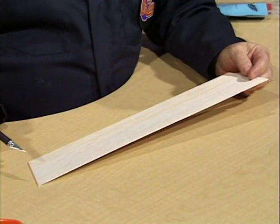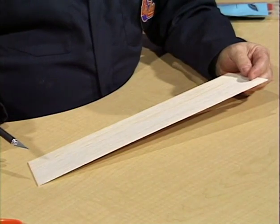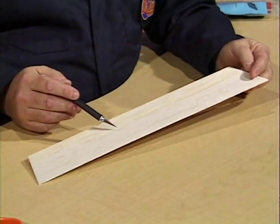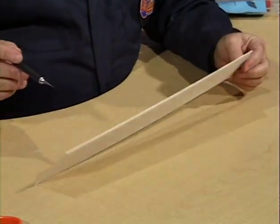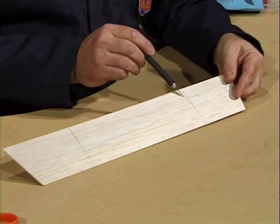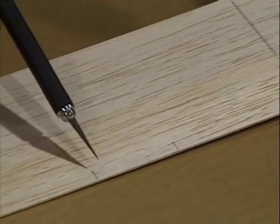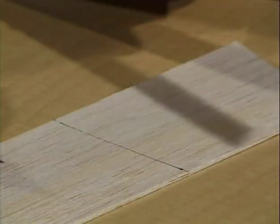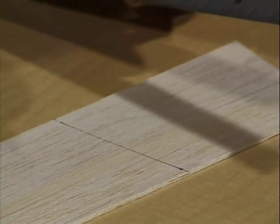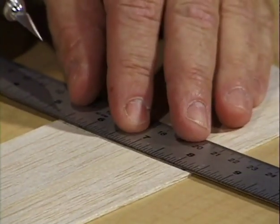After sanding is completed, we'll work with the wing and cut the dihedral angles that are necessary for proper wing performance. The top of the wing is clear and has no marks on it. The bottom of the wing is indicated by lines at which we will cut and marks indicating the center position of the wings. The next step in the process is to cut almost completely through the wing with our sharp knife